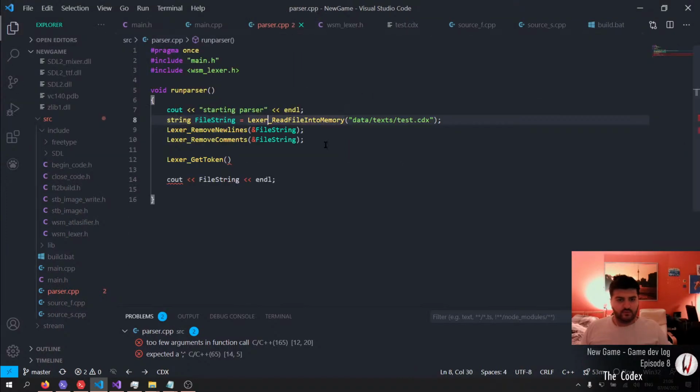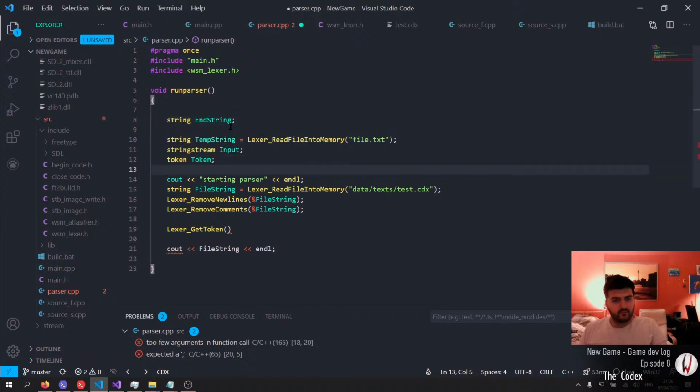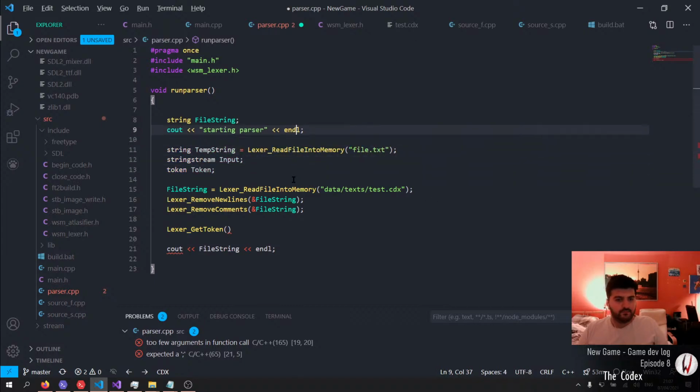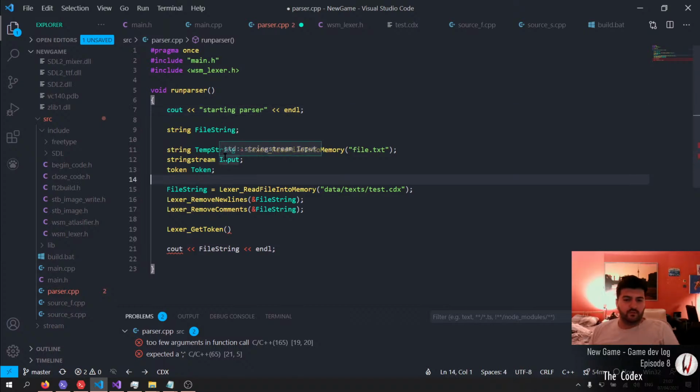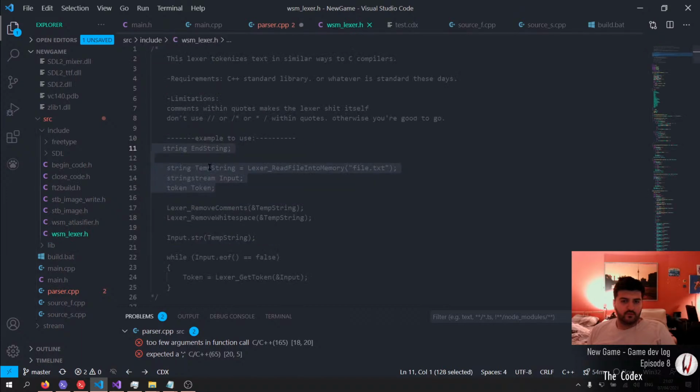Yeah, I need to make a string file string, temp string equals file into memory, strings name input, token. Now